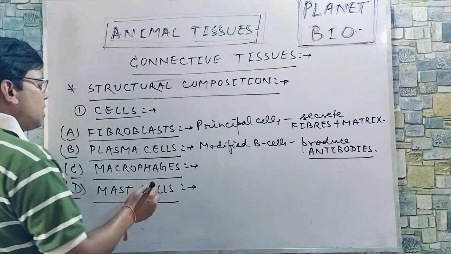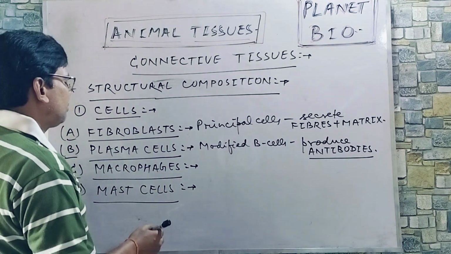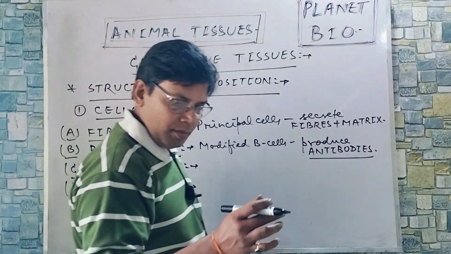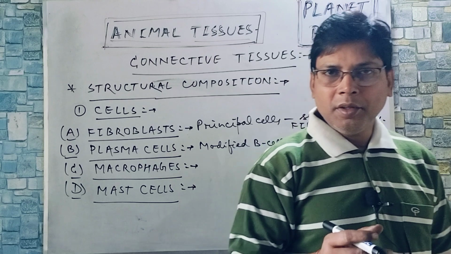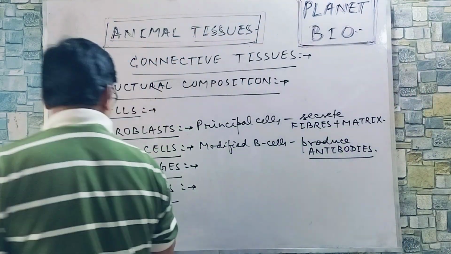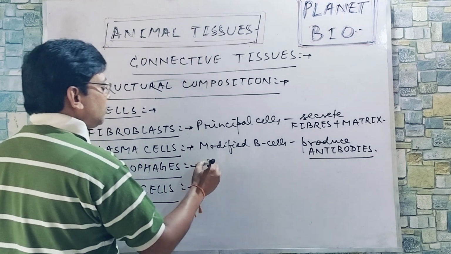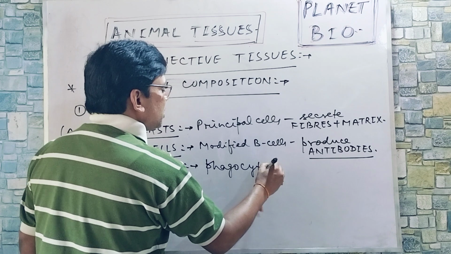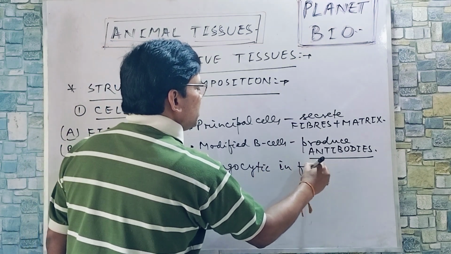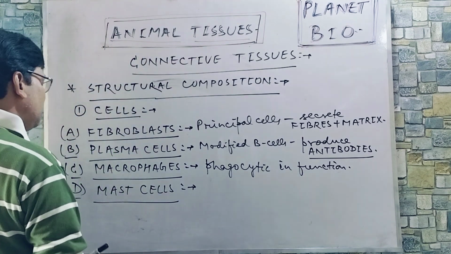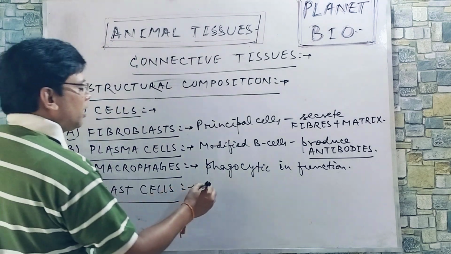Macrophages. Macrophages are large cells. They may be fixed, they may be motile in our body, and they are meant for phagocytic function, that means germ eaters. Phagocytic in function means they eat germs. And mast cells, another type of cells,